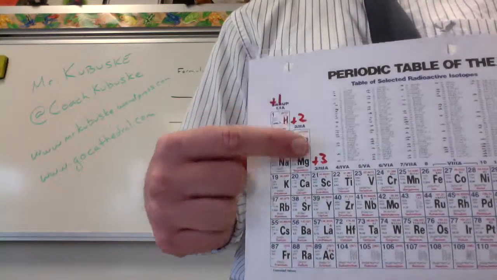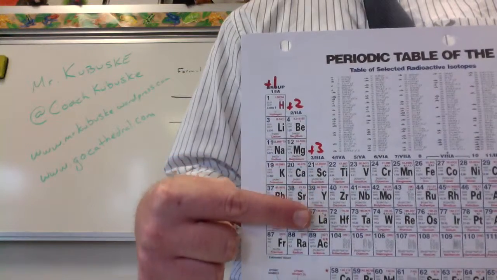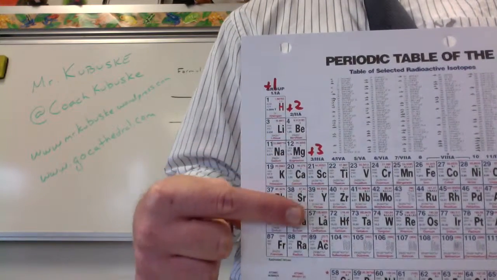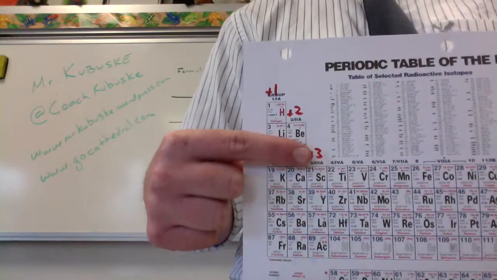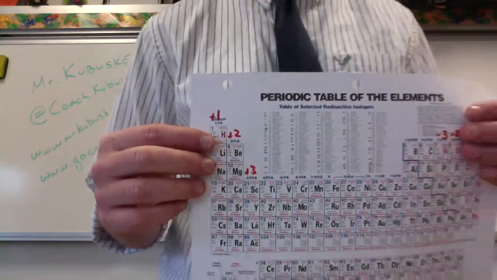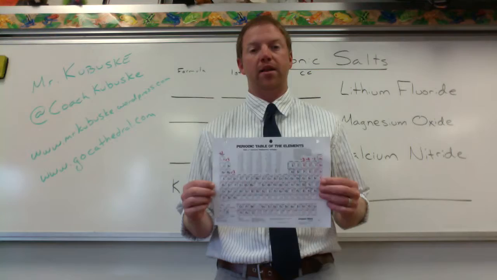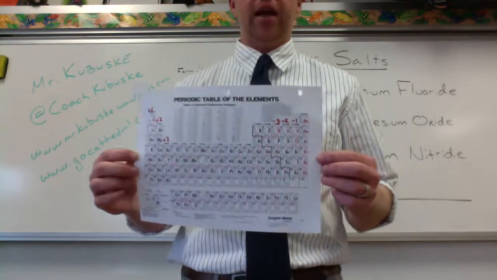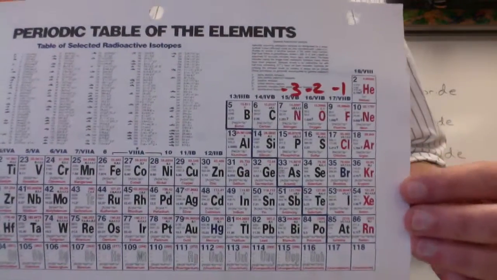So I'm going to write that in the top. The same thing goes for the third one over here. Starting at this third column, they all lose 3 electrons, so they get a charge of +3. Now, as I move towards the transition metals, it gets a little more complicated, and we'll talk about those in the second segment. But if you look at the opposite side, the non-metal side, the same thing occurs